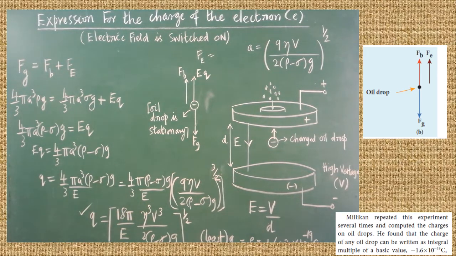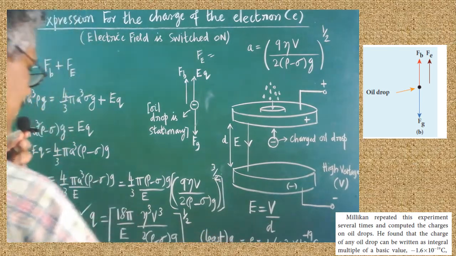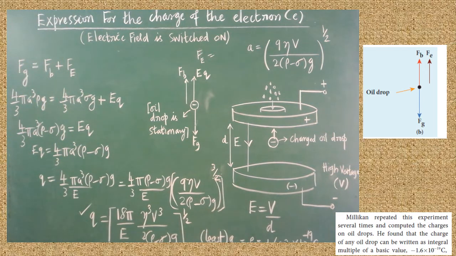So the electron charge cannot be found by a single method or a single time. That process should be done several times. After repeating the process several times, he got different values of Q. At one point, he got the least value. From that least value, he found that the Q value, that is the charge of the electron, was 1.602 into 10 to the power of minus 19 coulomb. So these are the steps involved in the derivation of the charge of the electron. It may be asked in the essay question.